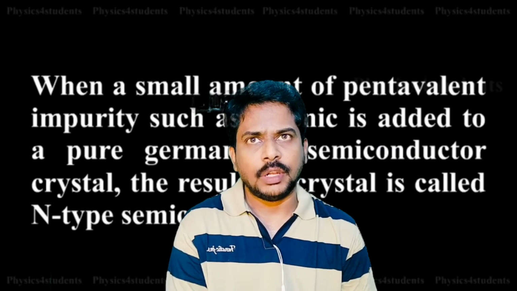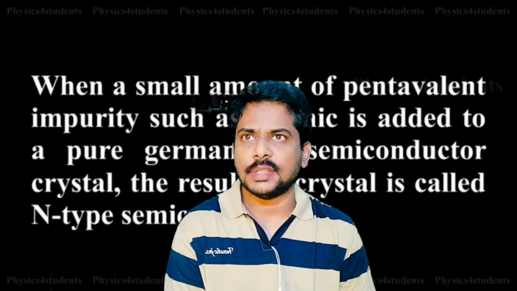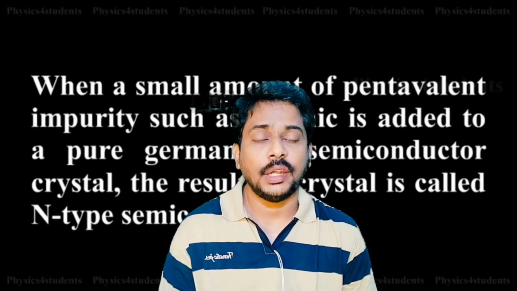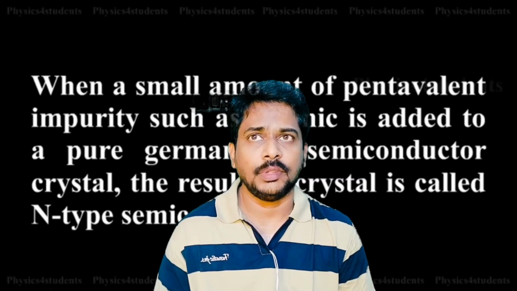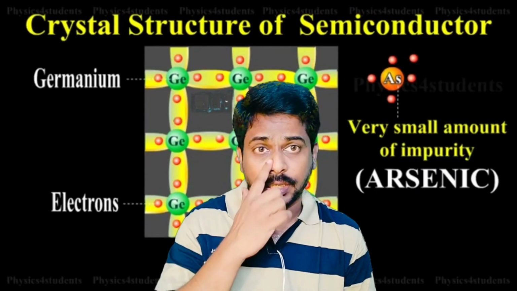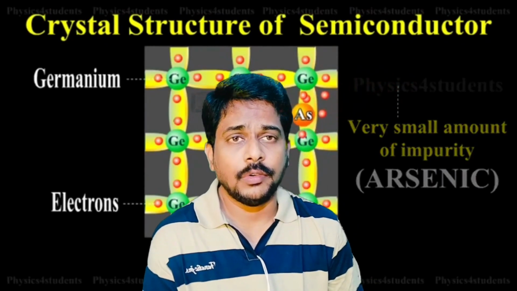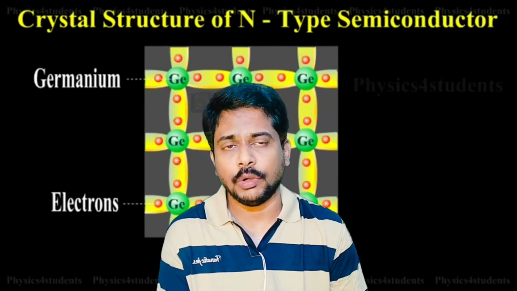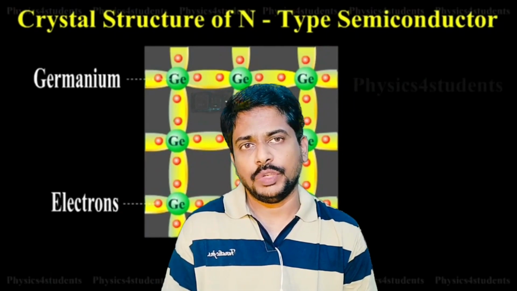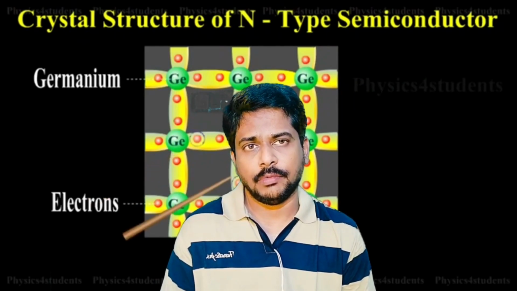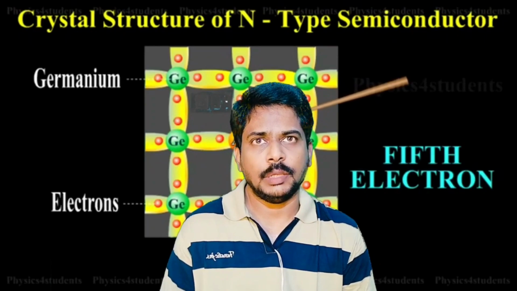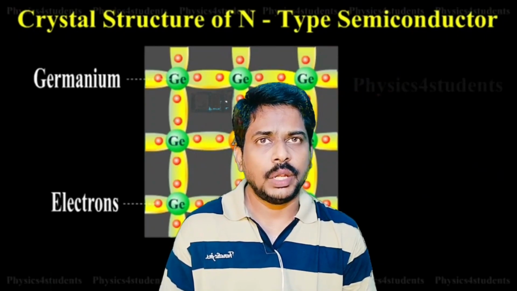When a small amount of pentavalent impurity such as arsenic or phosphorus is added to a pure germanium or semiconductor crystal, the resulting crystal, I call it an n-type semiconductor. Why do I call it an n-type semiconductor? See, germanium is a tetravalent element belonging to the 4th group of the p block, and I am going to add the 5th group element which has 5 valence electrons. One pentavalent atom will replace a germanium atom, and there is 1 electron left